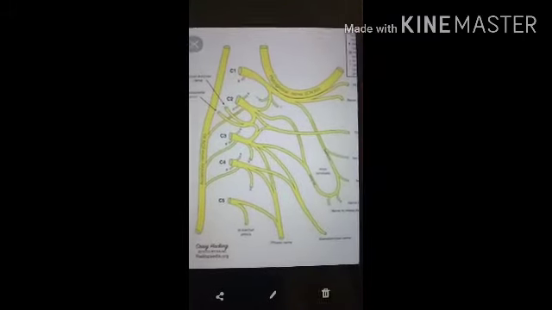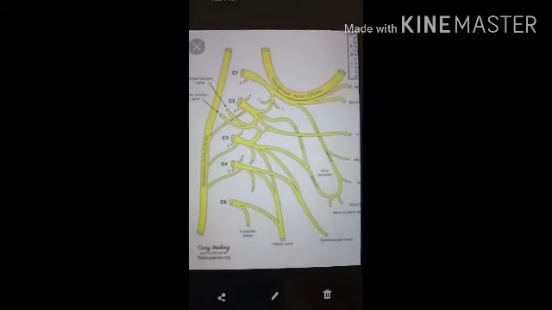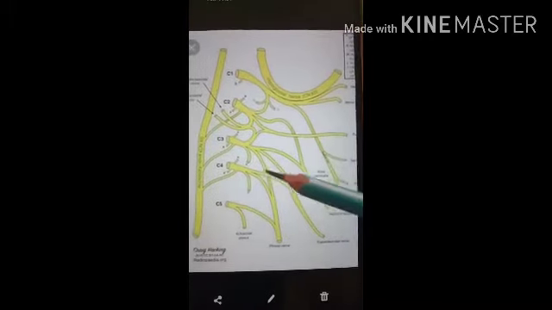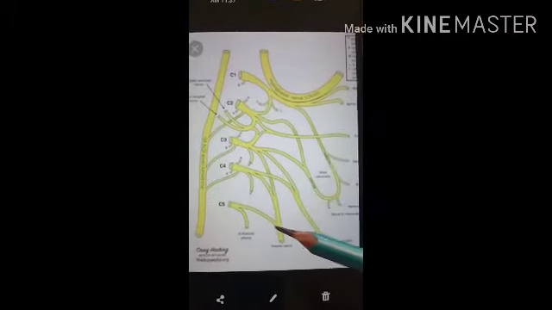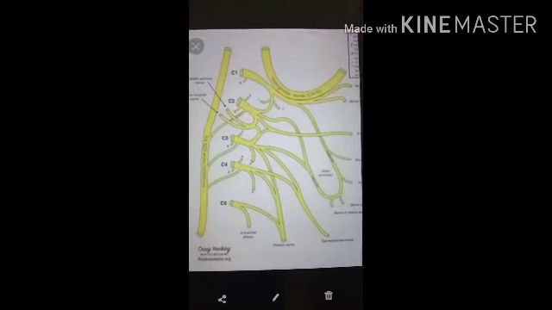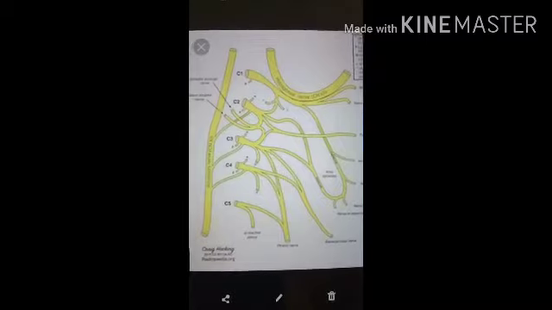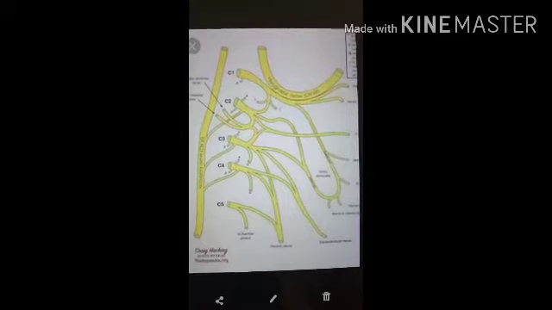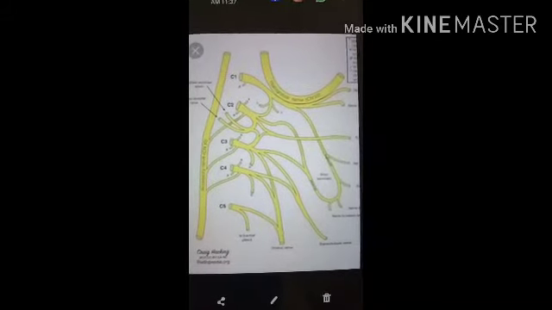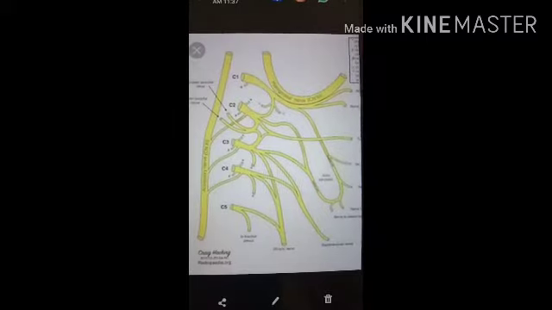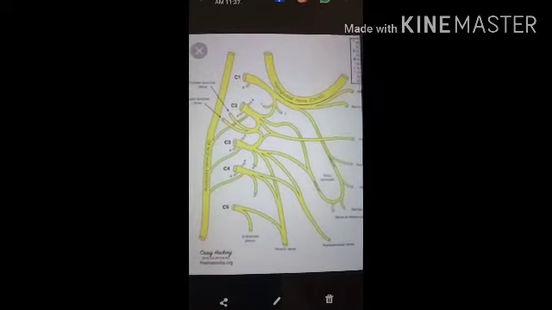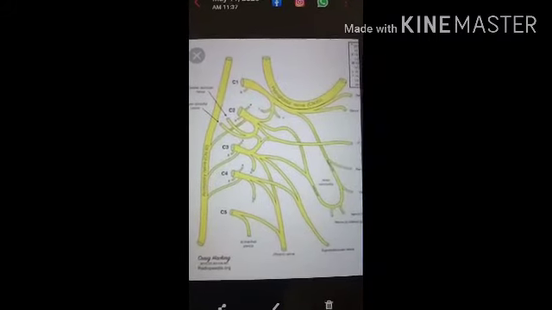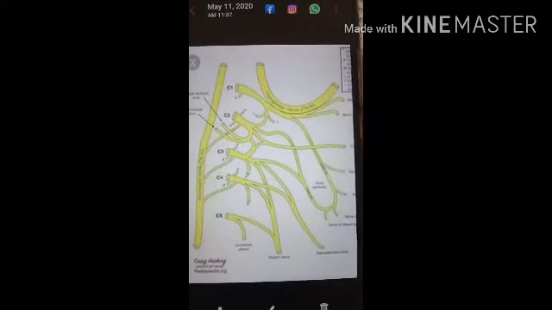The phrenic nerve, which you can see here, originates from the cervical roots C3, C4 and C5, and passes downwards through the thoracic cavity in front of the root of the lung to supply the diaphragm, initiating inspiration. Disease or spinal cord injury at this level will result in death due to apnea without assisted ventilation. So that is the cervical plexus.